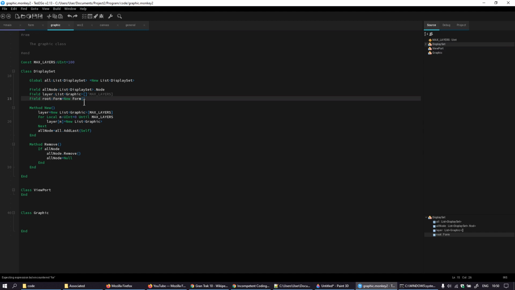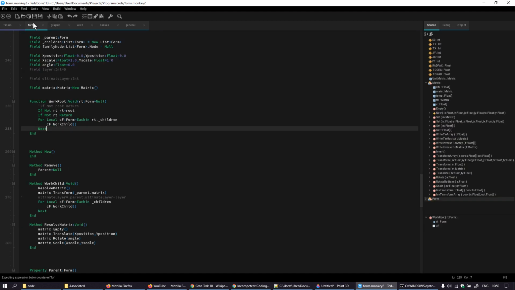So it sort of follows that setting form's parent will, well, first off, possibly affect the layer, so that has to be considered. I have to put the layers back into form. I just have to. It's annoying, but